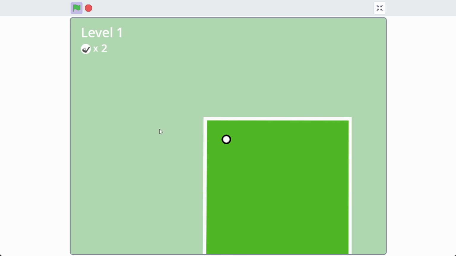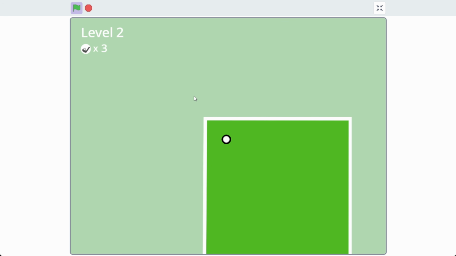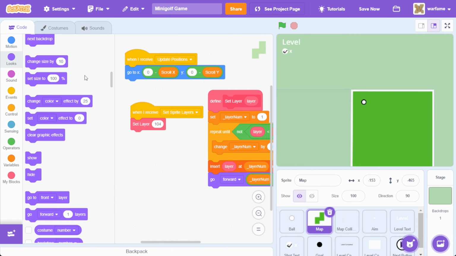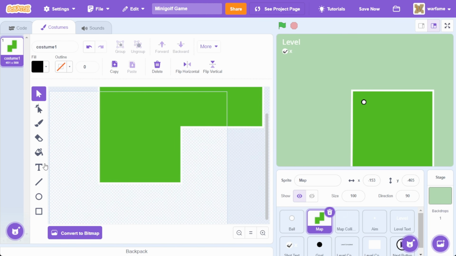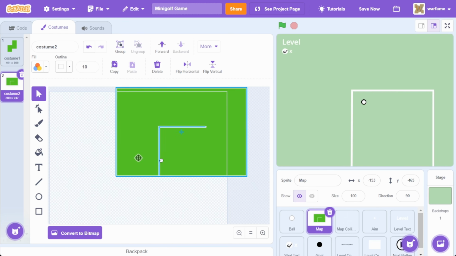if we go to the next level by clicking on this button, then the level complete screen hides. And as you can see, the level is now 2. Now one thing though is that we do want to switch to a new map. So I'm going to go to the map sprite, go to costumes, and I'm going to right click duplicate and create a new level. Alright, now I have a new level over here,